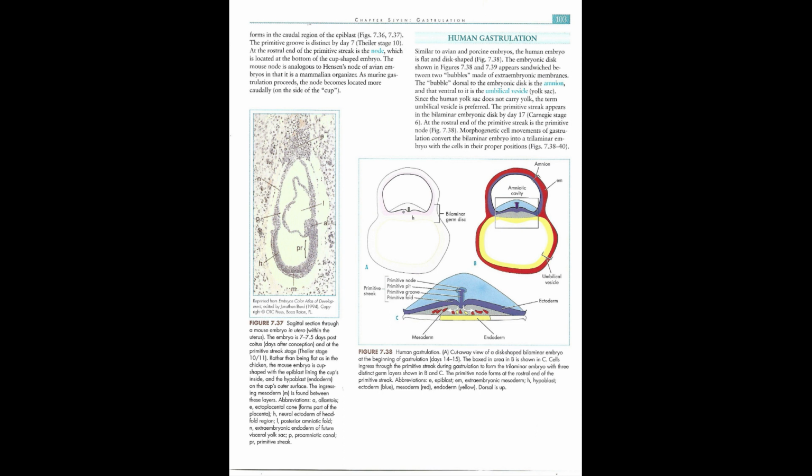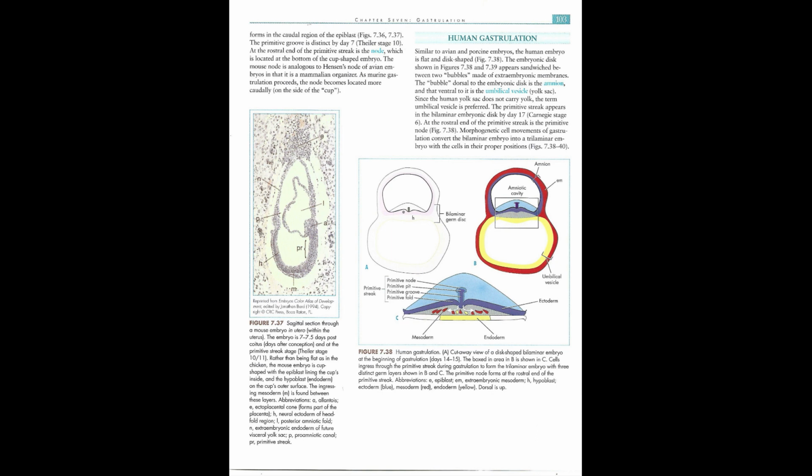The primitive streak appears in the bilaminar embryonic disc by day 17, Carnegie stage 6. At the rostral end of the primitive streak is the primitive node, Fig 7.38. Morphogenetic cell movements of gastrulation convert the bilaminar embryo into a trilaminar embryo with the cells in their proper positions,